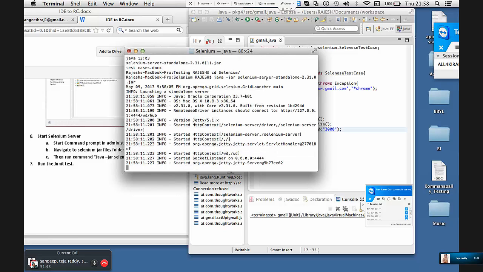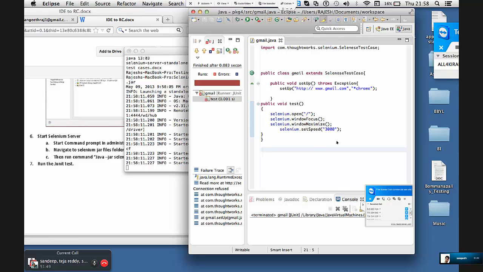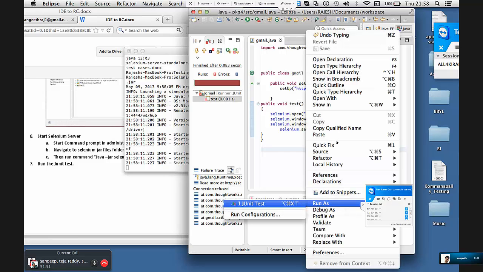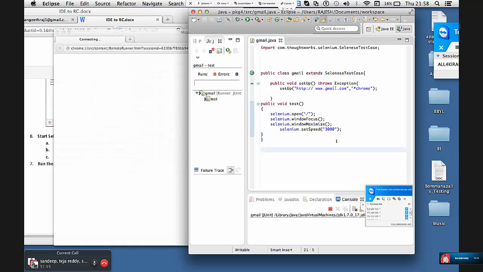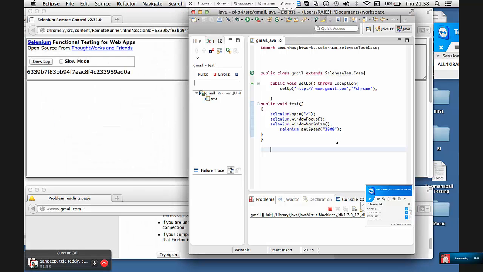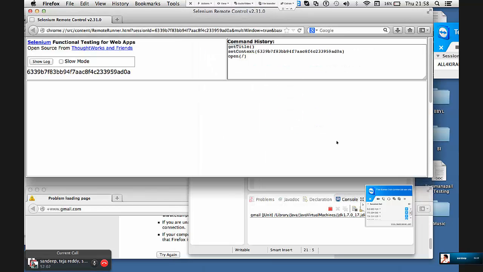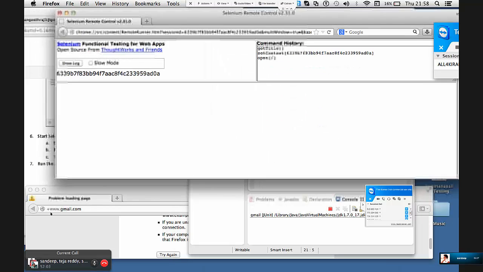Very well. Now let me right click and run this program. Go to your Eclipse, right click and run as JUnit test. Fantastic. It opened browser and it's navigating for Gmail, but it did not get it because there's a plus symbol in front of it. So go to your Eclipse.